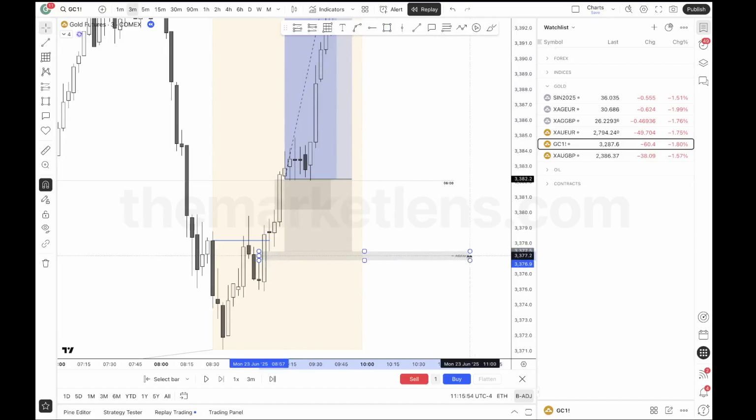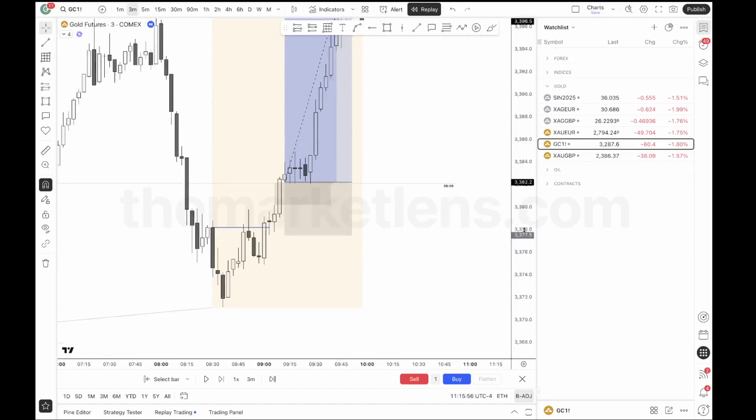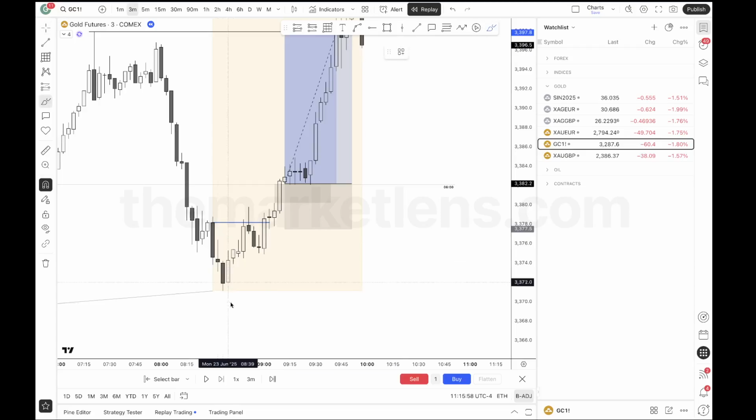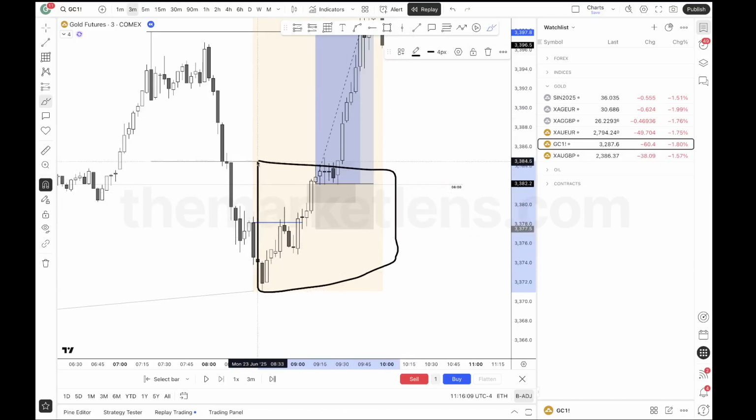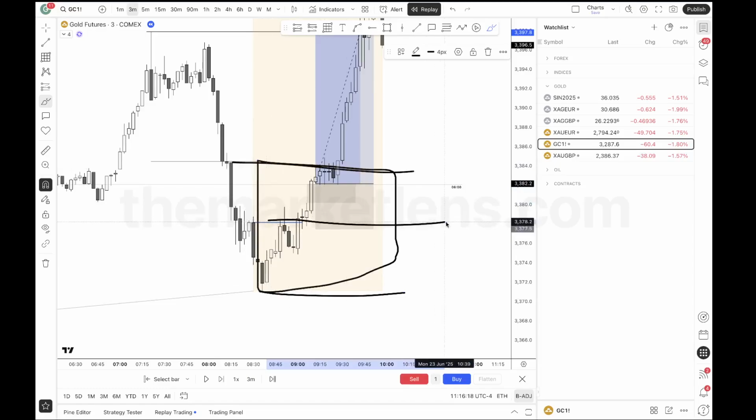I'm expecting this to be a breakaway gap, as it should be, right? We don't want to see deep retracements, especially just after manipulating. My entry is still low in the range. If you mark out your TP from your reversal point, ideally you always want to be entering in the lower half here, right? If your stop loss is positioned somewhere below here, you're typically good, right? And if I split this in half, that's where my TP is, right?